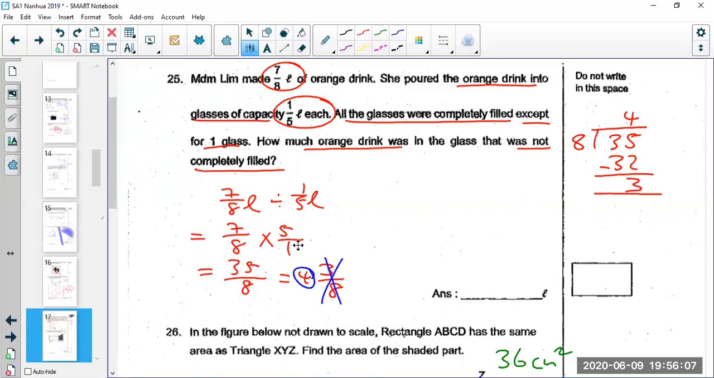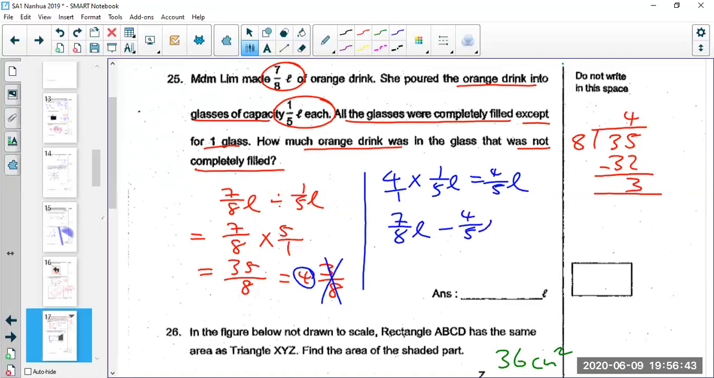How do you get the remainder? You have to find how much orange juice there is in the 4 glasses. The 4 glasses are completely filled. So how much orange juice is there in the 4 glasses? You take 4 times 1/5 liter, that will give you 4/5 liters of orange juice inside the 4 glasses. Then how do you get the remainder? How do you get the leftover orange juice? You take the total orange juice, which is 7/8 liter, that is all the orange juice at first, and you